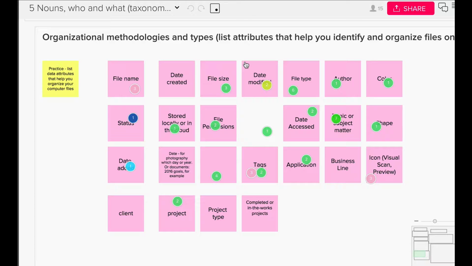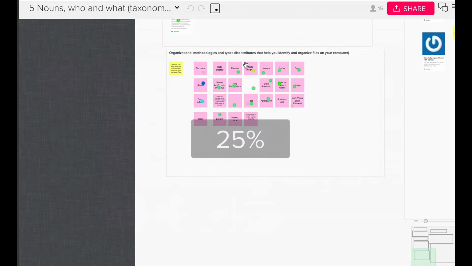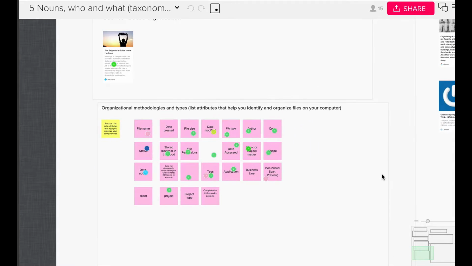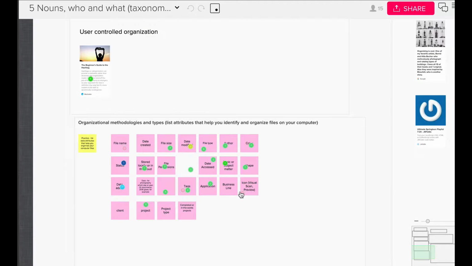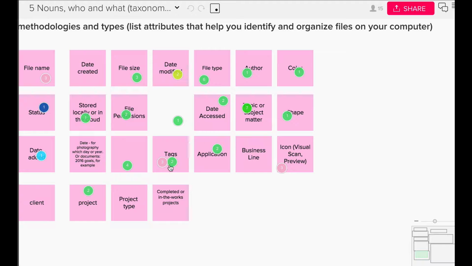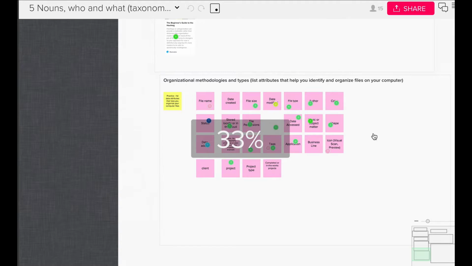So just to know that your data might not have all the information it needs to be able to organize itself in the way that you think would be useful to an end user. You might have to add new ways for them to organize it. And we did talk about things like hashtags, which is a user way, or tagging is a user way, to be able to organize things. But if you haven't gone through and taken a look at the comments here and the things that I've said,